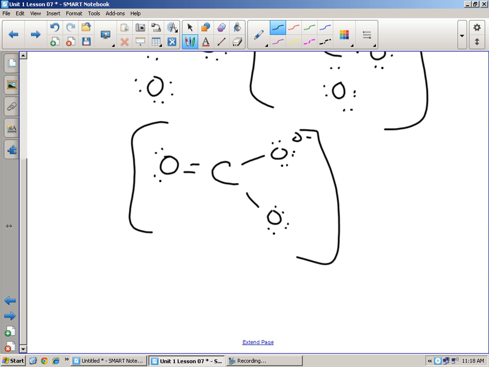But remember, the lines are only used for bonds between different atoms, yes? So just keep that in mind. That's a 2 minus there. That's not very neat, is it? There you go. Okay? We're going to do one more real quick here because I'll show you. They don't have to just use this for